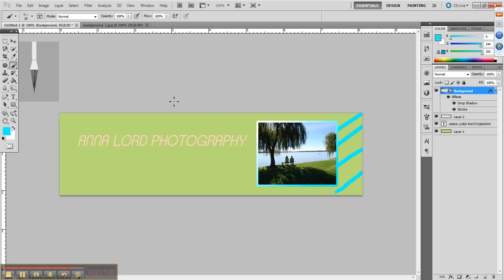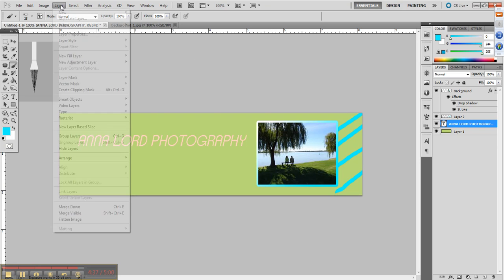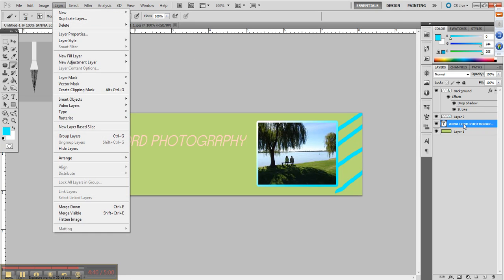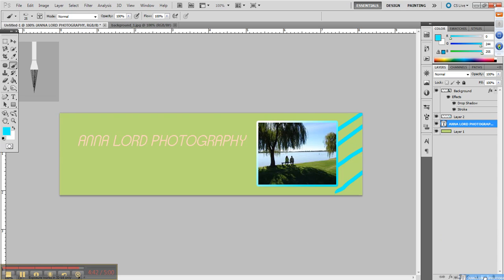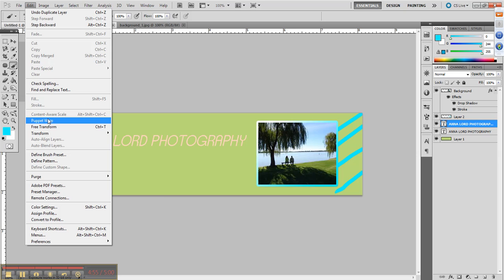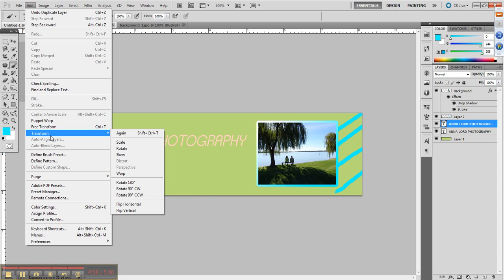Yeah, so what else? Let's say you wanted to do a bit of a shadow on your text. I'd duplicate that layer, so you go layer, duplicate, or the other way of doing that is to click on the layer, drag it down to the new layer button down here, and let go. So that's made two layers. Okay, now with this one, what I actually do is go transform, and then we want to flip